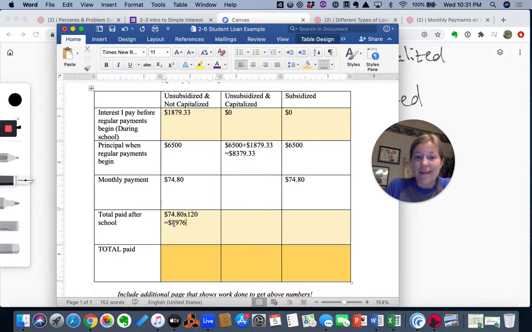So $8,976 is what you're paying in all your monthly payments combined. But that's not the total of everything that you've paid. Remember, during school, you were paying the interest. So the total that you pay in this scenario is that original interest that was paid while still in school, plus the amount that's paid out of school, for a grand total